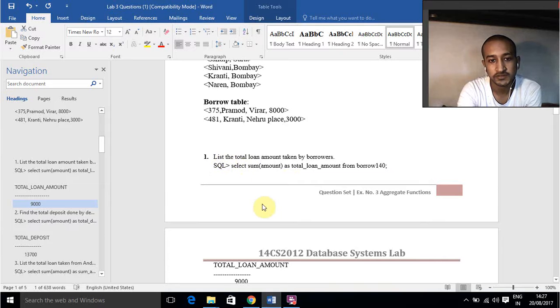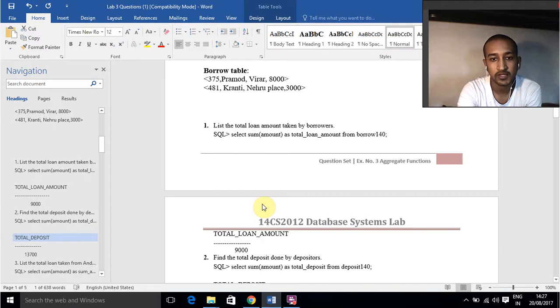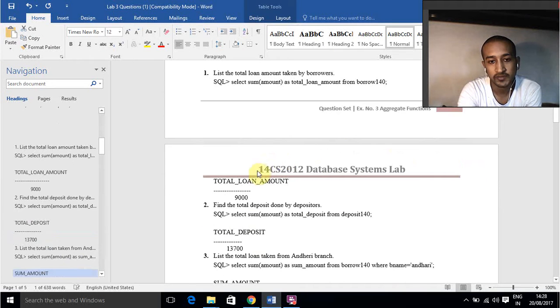So the first problem is the total loan amount taken by the borrowers. As I told, the aggregate function is sum. So here we will use that: select sum, and the column name which we are going to sum, and that will be displayed as total loan amount, from the table we are giving. So it will be showing the total loan amount, and the amount will be the sum of all the amounts given